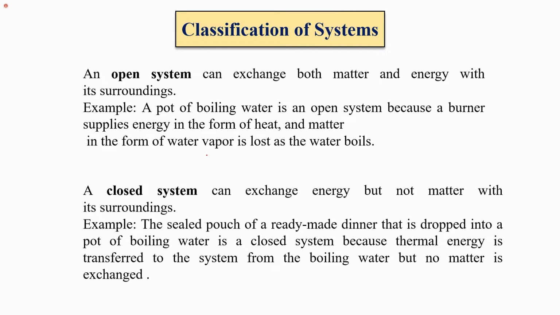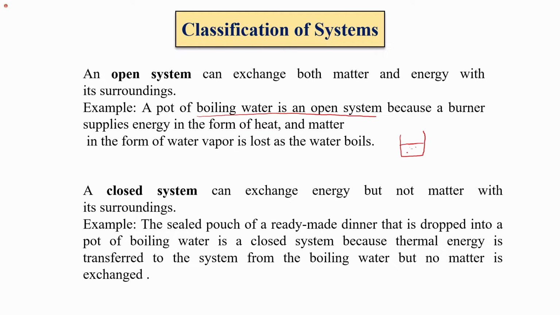Based on this, the system can be of three types: an open system, a closed system, or an isolated system. An open system is that system which can exchange both matter as well as energy with its surroundings. For example, a pot of boiling water is an open system. Let's say we are boiling water. This is a flask